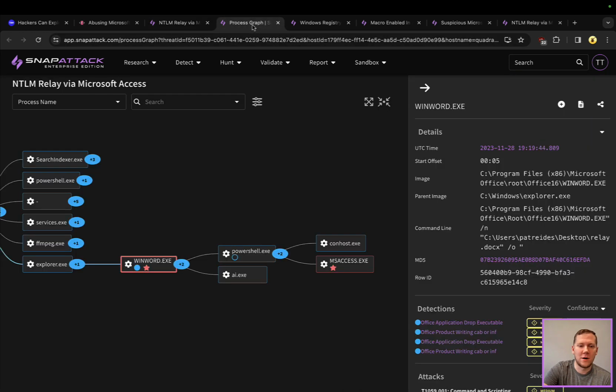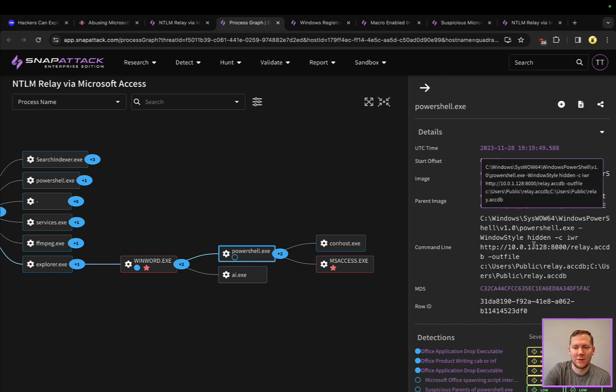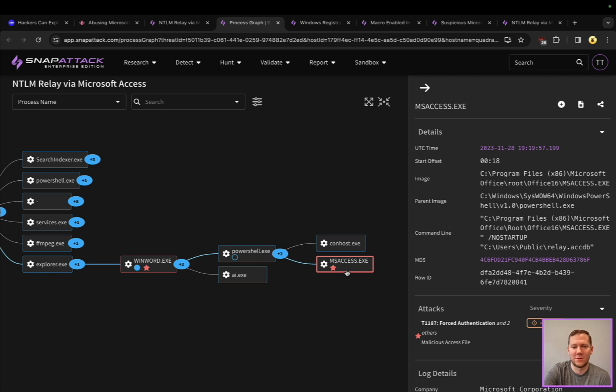So I'm going to talk a little bit about detection opportunities here. There's always, again, the parent-child relationship, where we can see in our example, we have WinWord opening up this document, launching PowerShell, that download execute cradle. There are attacks for that, and detections, and then also that Microsoft Access file. So we can see here that this is being opened up, our relay Access database, and then that's going to do some interesting things here as well, which is where most of these detections lie. You could detect earlier in the kill chain, you could detect later in the kill chain, but